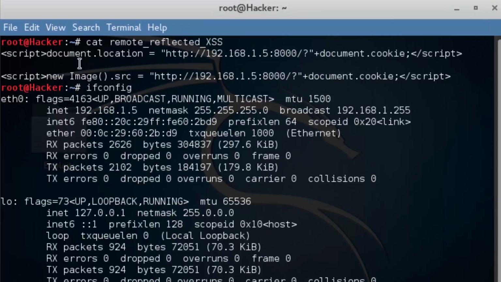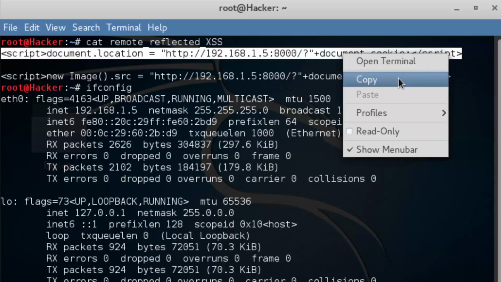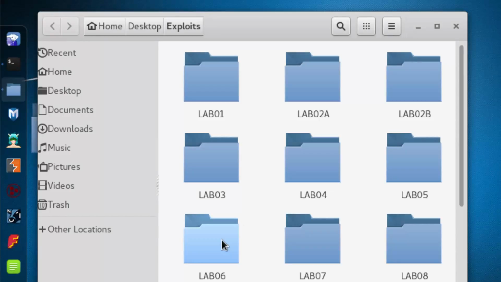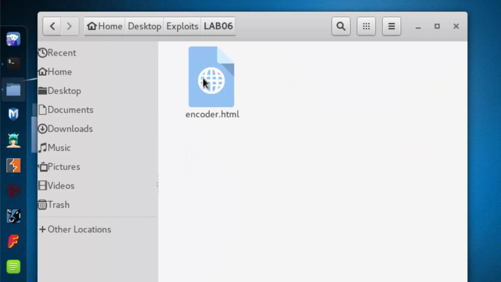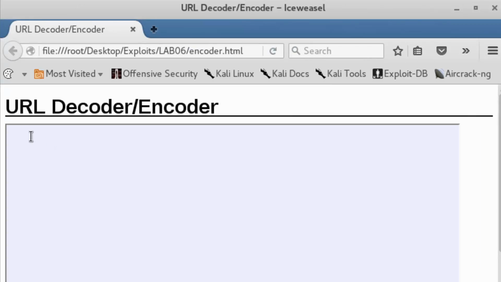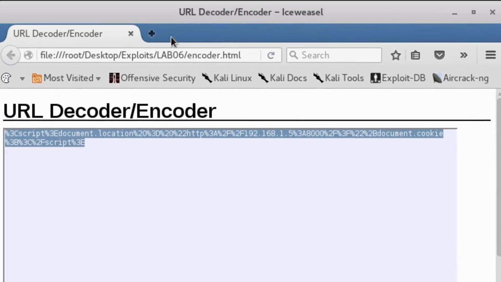Now, when looking at these elements, just like we did inside of Lab 5, we're going to need to encode them. Notice that we have the plus character over here. So I'm going to highlight the top one, right click, copy, and then minimize the terminal. We're going to go inside exploits, inside of Lab 6. Here's encoder.html: right click, open with other application, Iceweasel, select. Now I'm going to click in the text area, Control V, encode, click in the text area again, Control A, Control C, new tab,